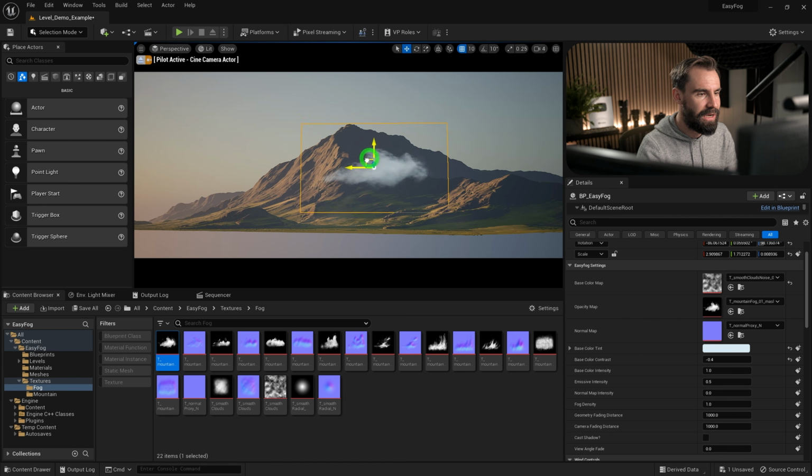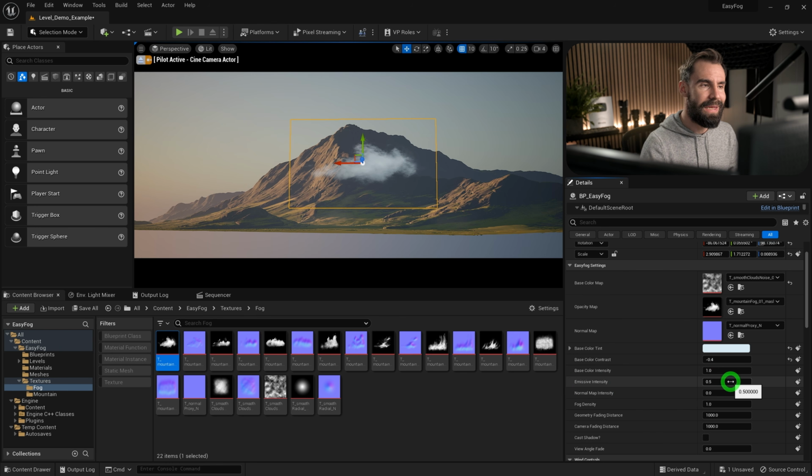So already this kind of feels a little bit more neutral and blends into the sky a little bit better. Next, we have base color intensity, and that's, again, like the name says, we can increase the intensity of the base color texture itself. Next, we have emissive intensity, and you might not think that clouds emit light because they don't, but the emissive intensity is really the one I use the most often for really finessing and art directing my fog cards as